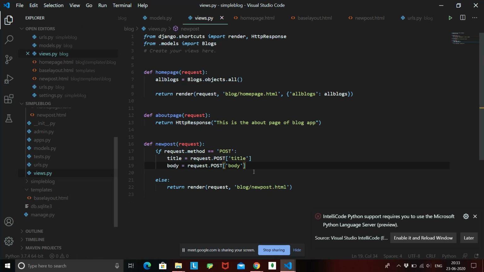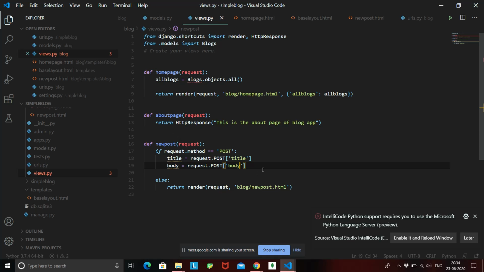Okay, so this is the way that we have collected the data that was passed in. This data was posted onto the request by the method post. So what we say is, if the URL is posting something, or if the URL is handling some data, that means the request has a method of post. So if request.method is post, collect whatever data is being posted